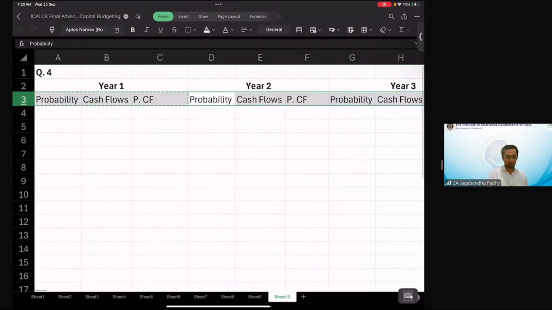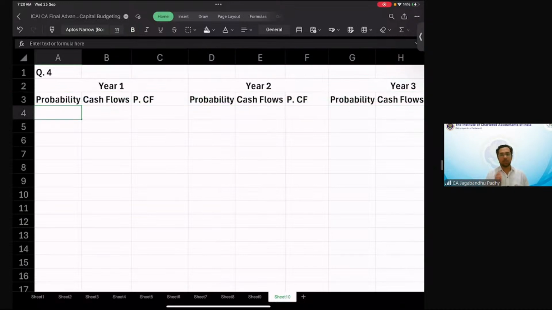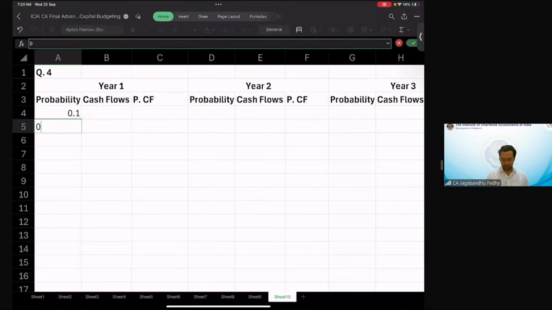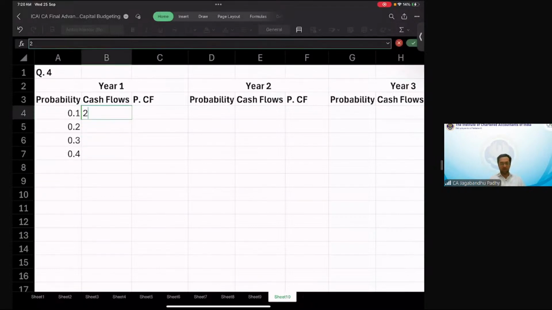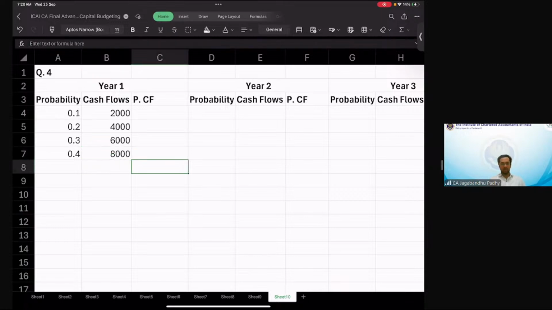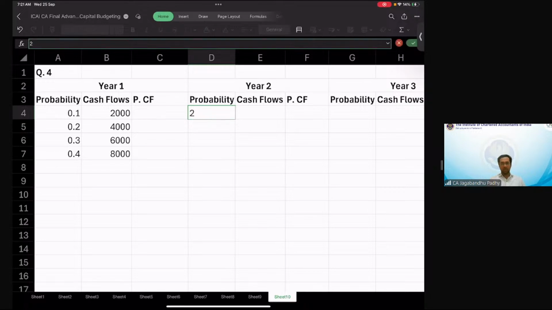Now, let's take down the data quickly. Probabilities that we have are 0.1, 0.2, 0.3, and 0.4, right? And then if you look at the cash flows for year one, that's already given to us. Year one cash flows are 2,000, 4,000, 6,000, and 8,000. Same way, let me write down the cash flows that we have in year two, which is